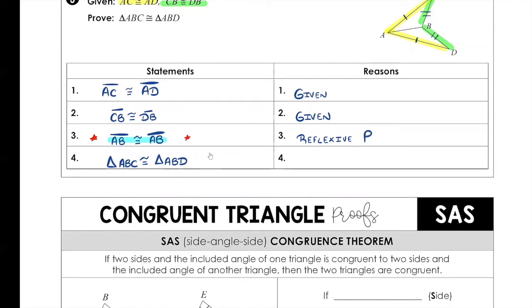This is called, ladies and gentlemen, a shared side. You're going to see it over and over. They'll hit you with a shared side. Property of congruence. A shared side will always be